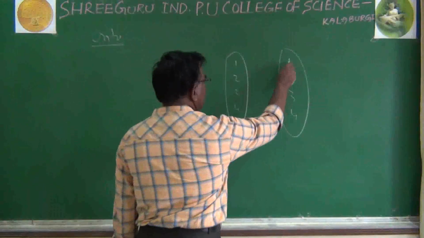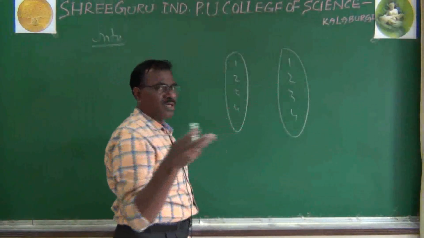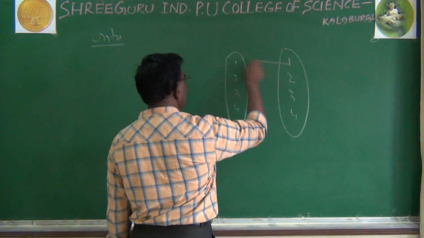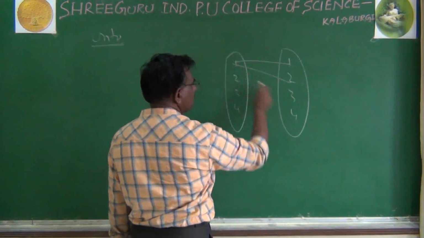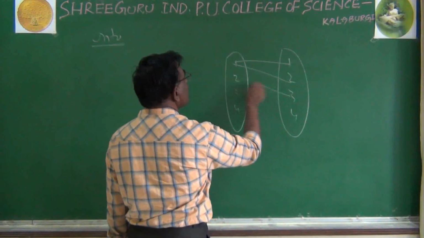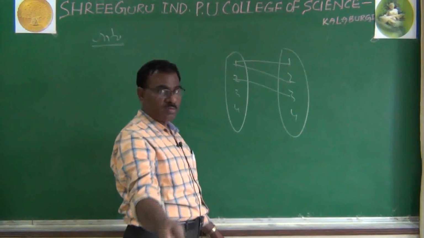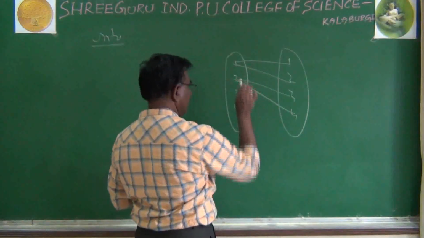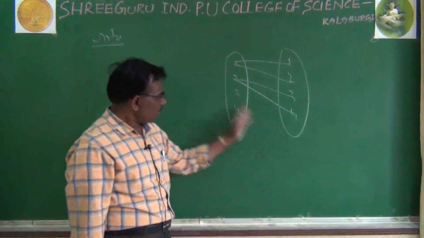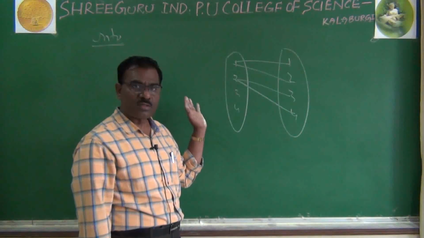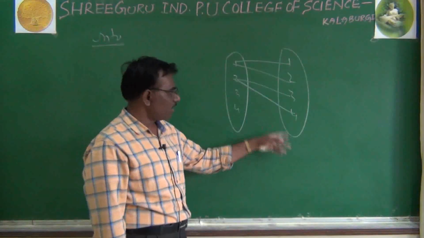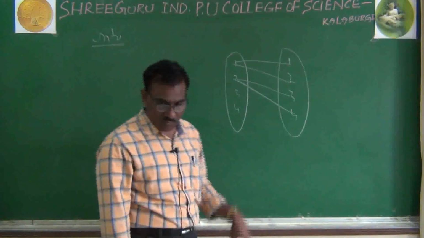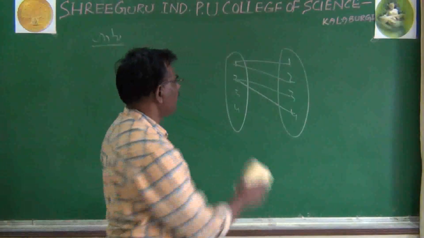Now I am taking 1, suppose it is odd. For odd, we use n plus 1 by 2. So 3 plus 1 by 2 gives 2, and for 4 we get the next one. Still, all are images. So 3, 4 are left. Next number, take 5, it comes. So all the elements of the codomain have preimages.